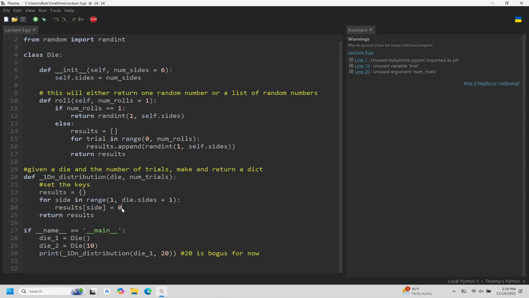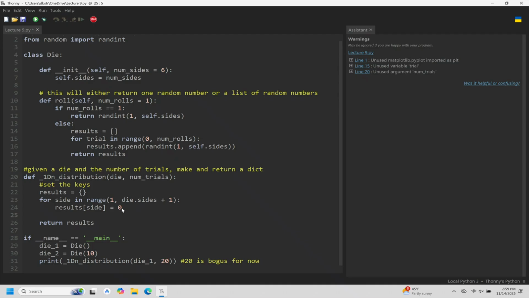Okay, so we built the dictionary as far as keys, and now what we're going to do is we are going to use the number of trials, and we are going to randomly make calls to the random int. We're going to roll. We're just going to roll. So for the number of trials, we're going to roll, and then we'll update the dictionary every time we make a roll. All right. So for,